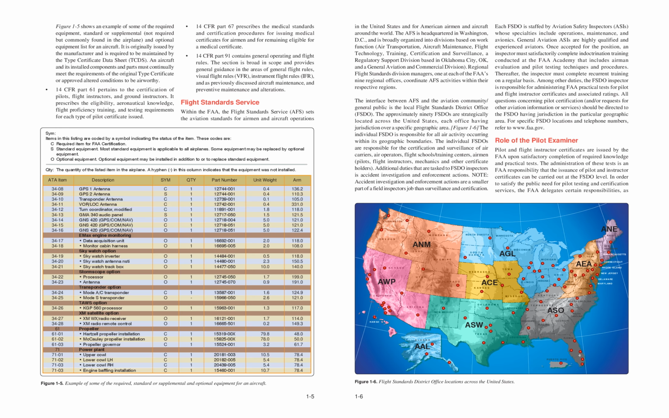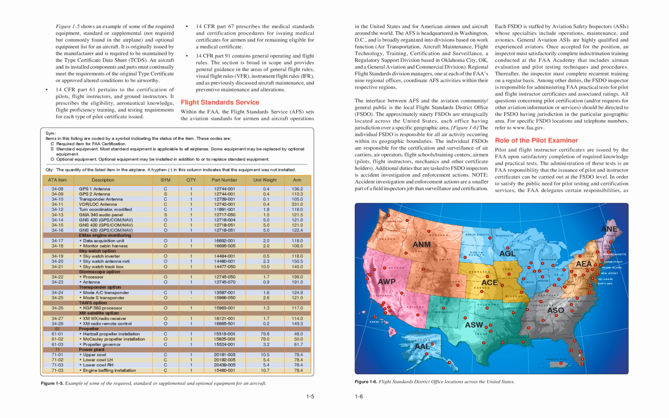Arm 136.2 110.3 105.0 331.0 118.0 121.5 121.0 121.0 122.4 118.0 108.0 118.0 150.5 140.0 199.0 191.0 124.9 121.0 117.0 114.0 149.3 48.0 50.0 61.7 78.4 78.4 78.4 78.4 1 to 5 In the United States and for American airmen